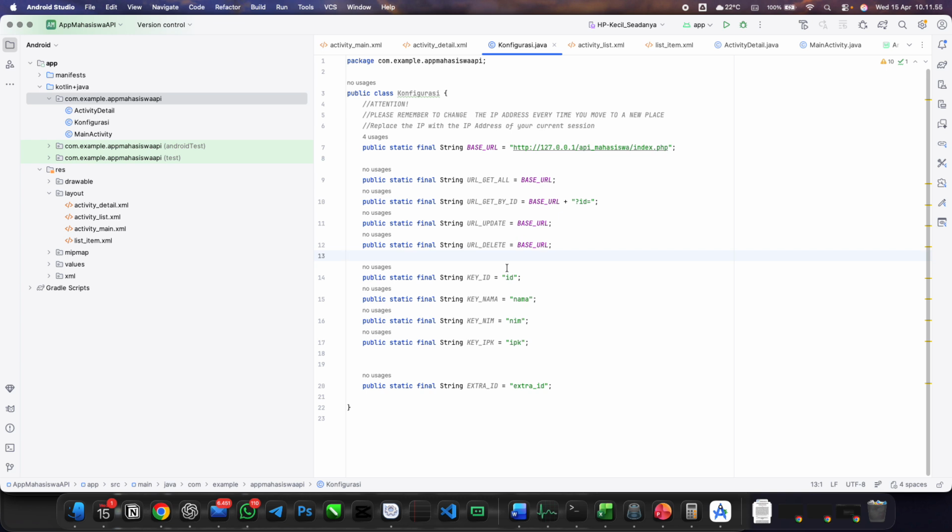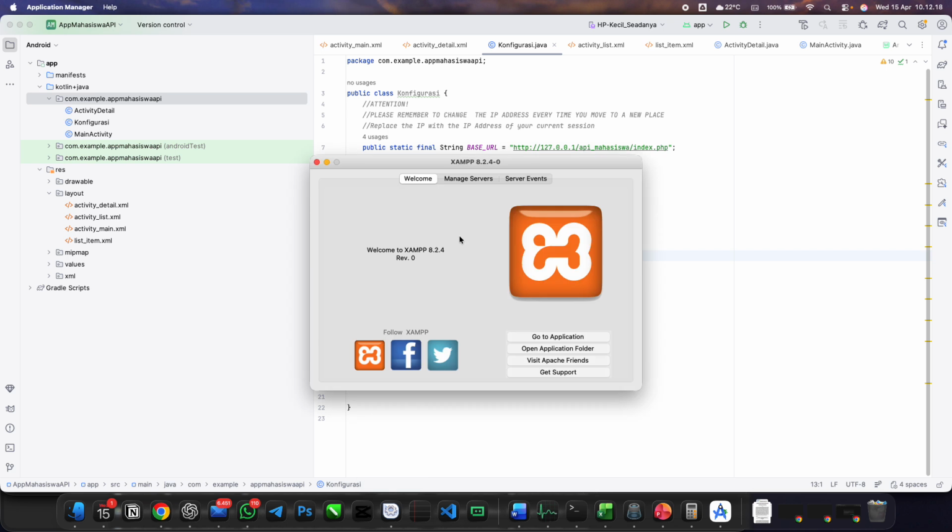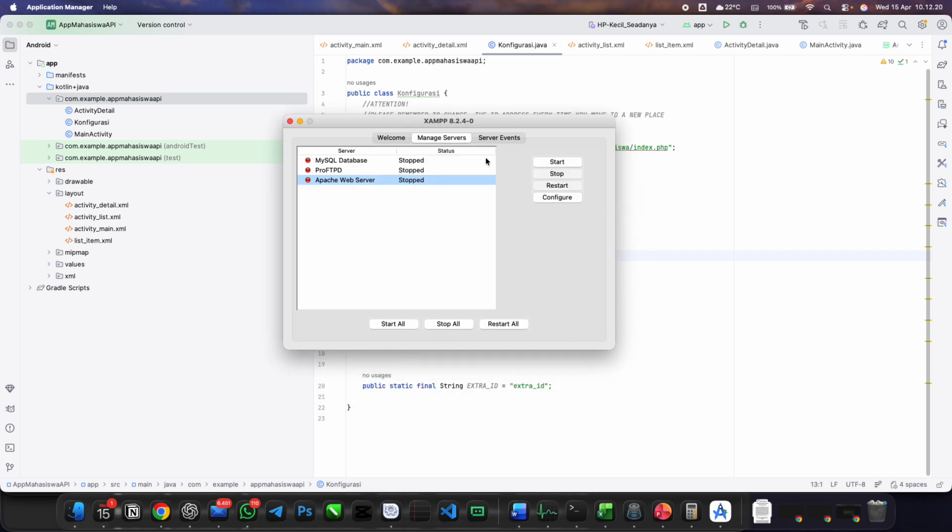So, very consciously, I separated the third part into two parts, part 3 and part 4, to help you understand the importance of paying attention when creating the actual handler for our communication between the front end and the back end. So let's start by checking first. We have to check the XAMPP. You have to make sure that the database is running.